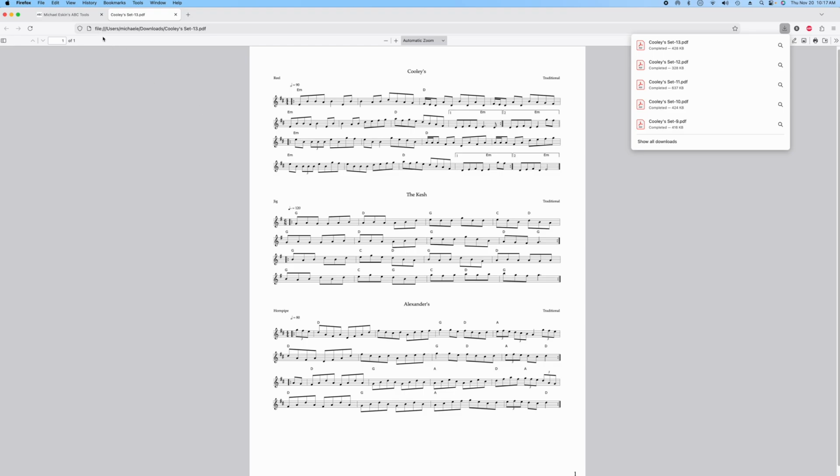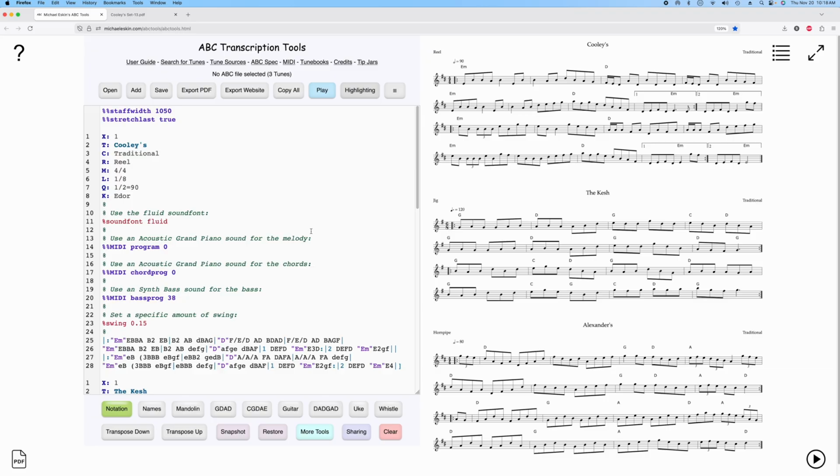But I wanted to show you the 2 basic techniques that I recommend for getting as many tunes on a page as possible. So I hope both of those suggestions are useful to you,